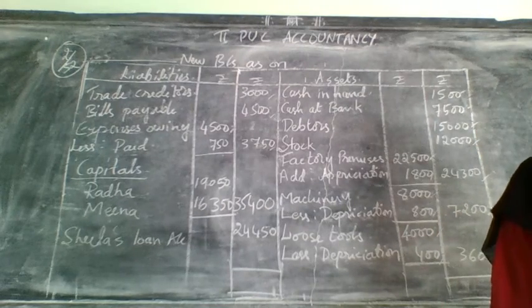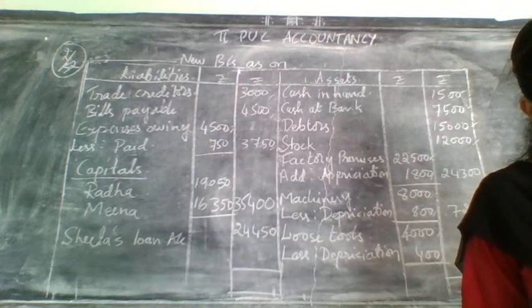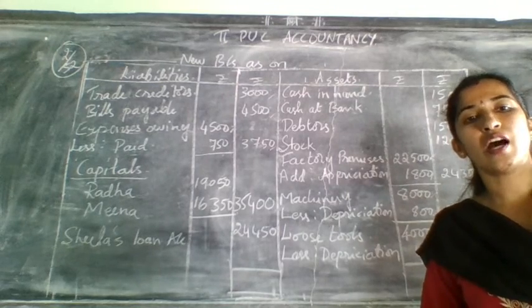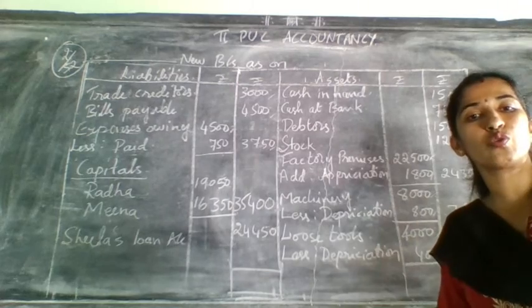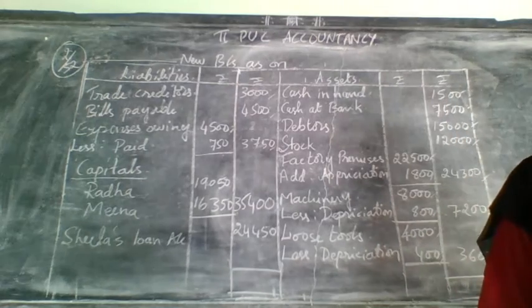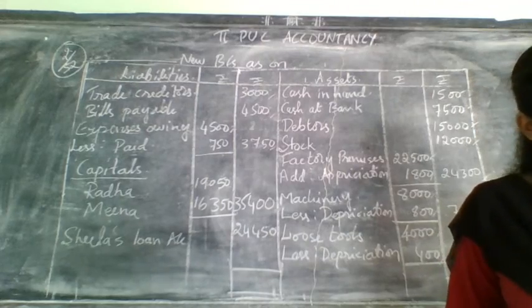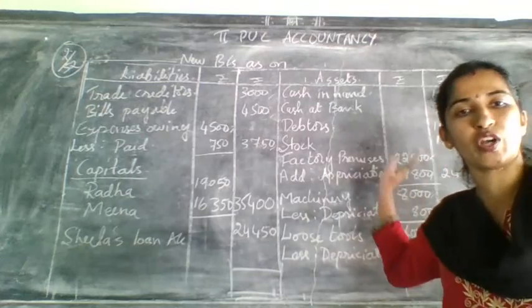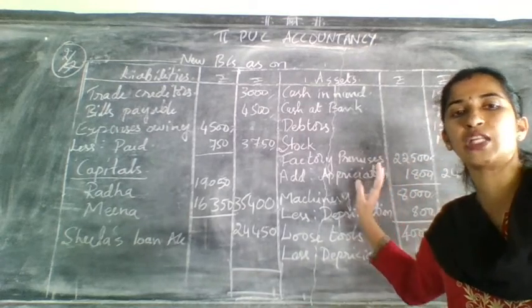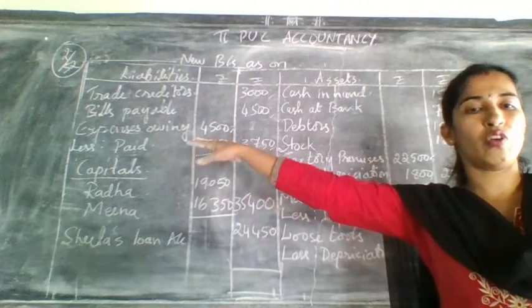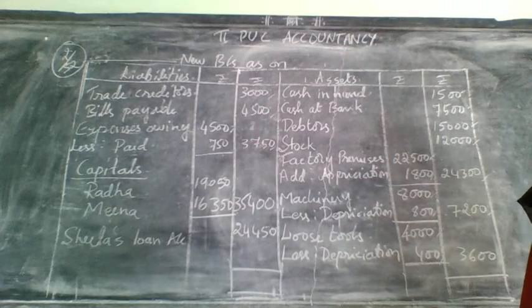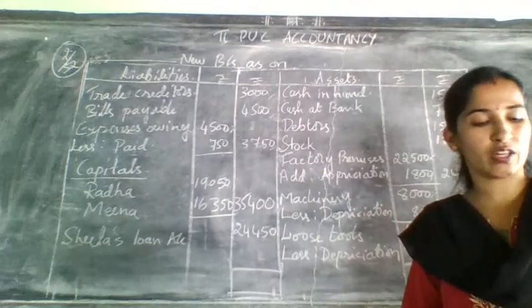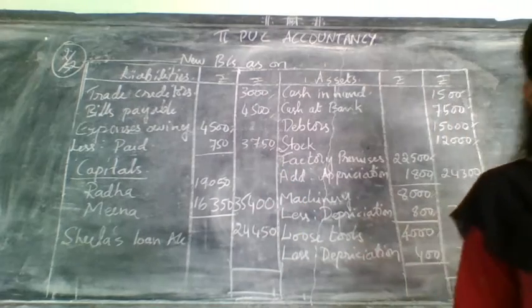That is, goodwill of the firm was valued at 70,000 and was not to appear in the books. Was not to appear in the books means again you are having this case only, that is case 2 of goodwill only. So do that. And one more adjustment they have given there, bad debts amounting to 2,000. This is goodwill treatment 2, means the same thing you have taken here in the partners capital, you need to do the same, distribute here, written off there only for the remaining partners. Next, bad debts amounting to 2,000 were to be written off. On which side do you take it? Revaluation account side. Bad debt will appear on the debit side of the revaluation account.